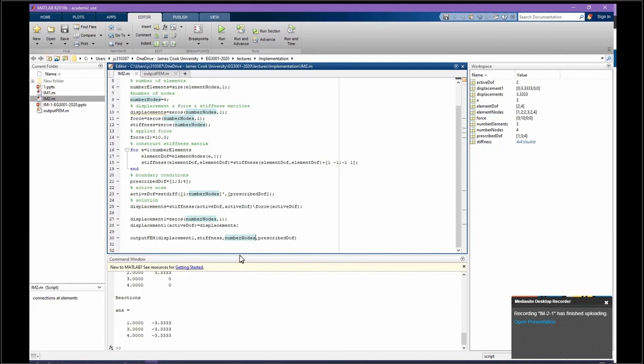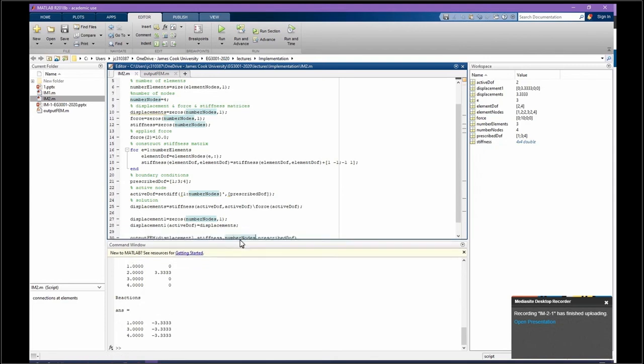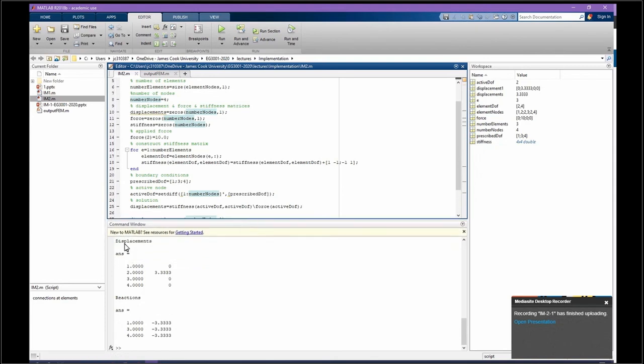As you can see here, now we have nicer presentation. It writes displacement 1, 2, 3, 4, and then the values of them. For 1, 3, and 4, it's 0 displacement, and for node 2 we have something. For reactions, we have 3.3, the negative, and for 1, 3, and 4, and for the node 2, we already know